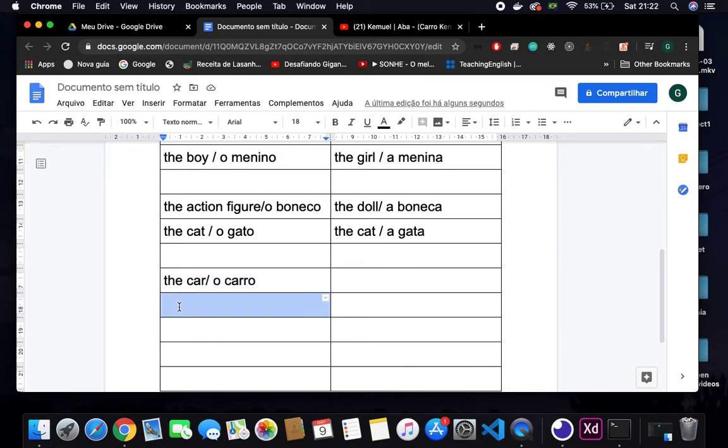Also, there are some words that, despite ending with O, they are female, and there are other words that, despite ending with A, are male. Okay, George, this is getting really difficult right now. Yes, I know, but this is just how complex Portuguese can be. So you really have to read a lot so that you can internalize all of this gender thing, okay? Okay, so give us an example of when the word ends with O and is still female.